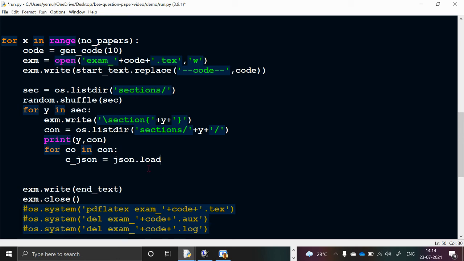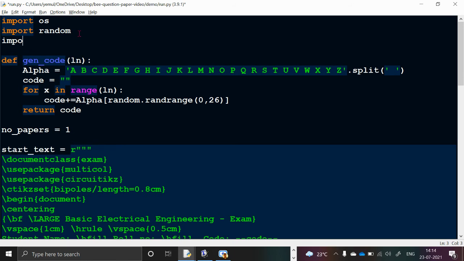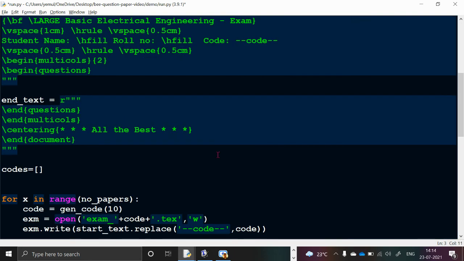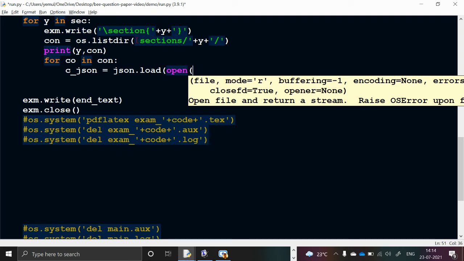For json.load to work, I have to import JSON also here. So let me add that, import JSON library, and then json.load. Now, which file I have to load? I have to give the file. Okay? So for giving the file, I have to say open, and then this file I have to give.